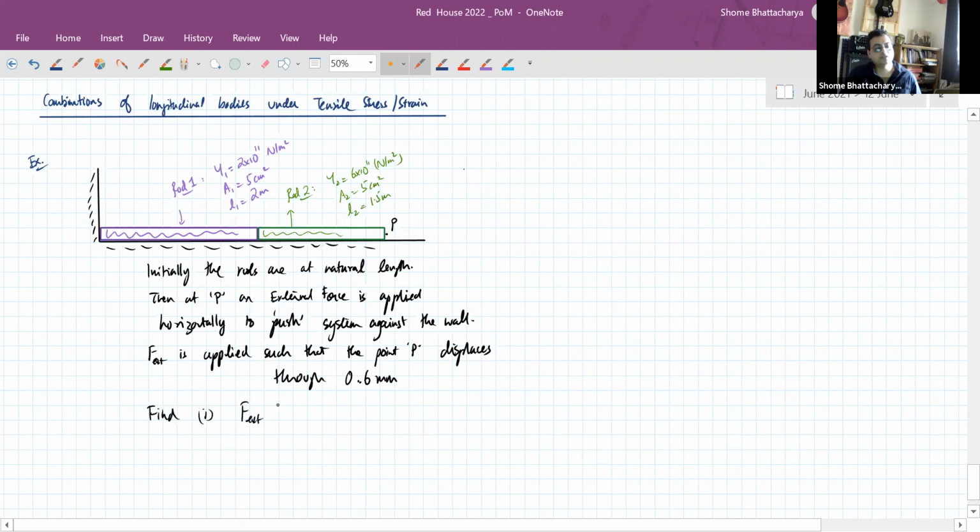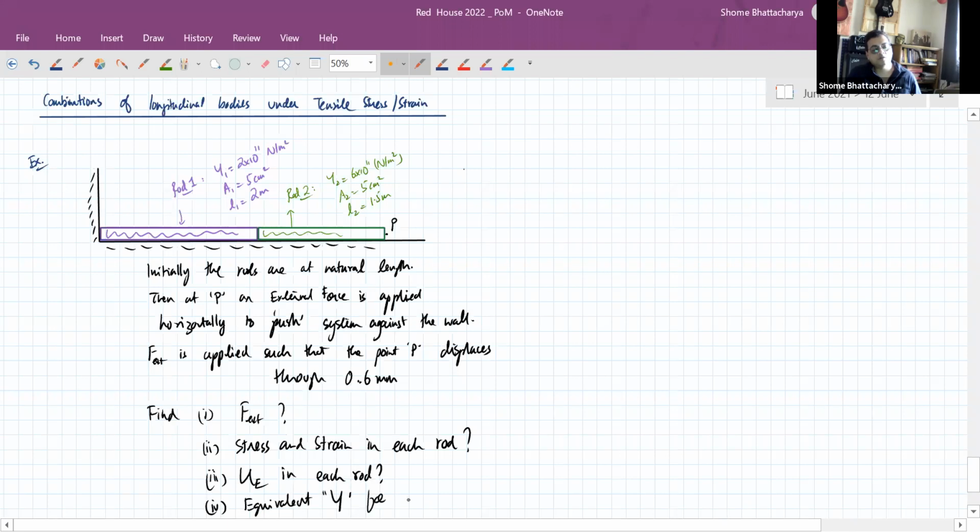So you want to find how much this external force is, the stress and strain in each rod, the elastic potential energy stored in each rod, and an equivalent Young's modulus for a single rod of natural length L1 plus L2 and area equal to A1 equal to A2, that will behave the same as